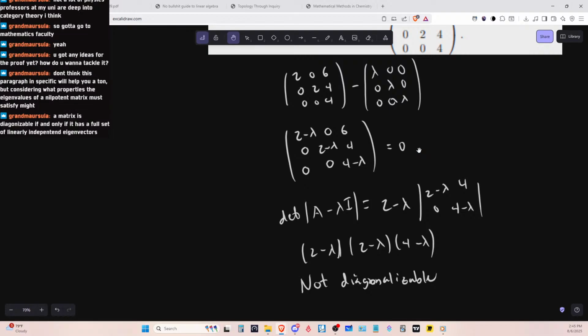A matrix is diagonalizable if and only if it has the full set of linearly independent eigenvectors. So, usually I'm so used to solving for the eigenvalues. I think the eigenvalues lead to eigenvectors, but at the same time I'm wondering,